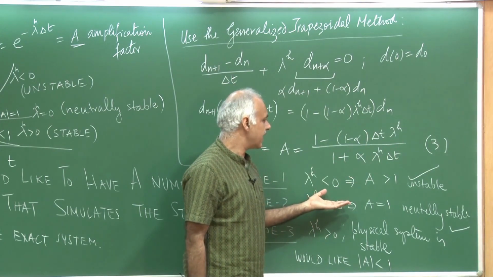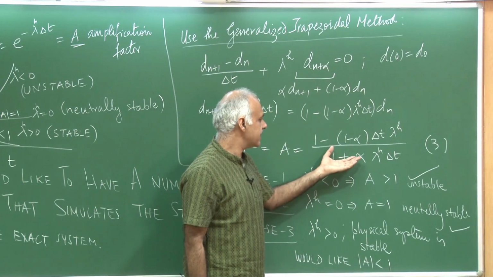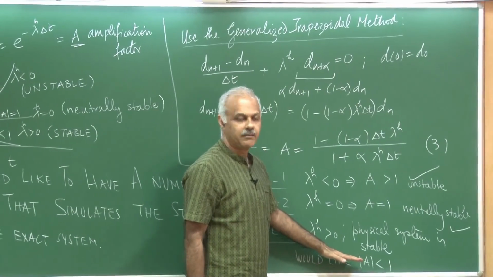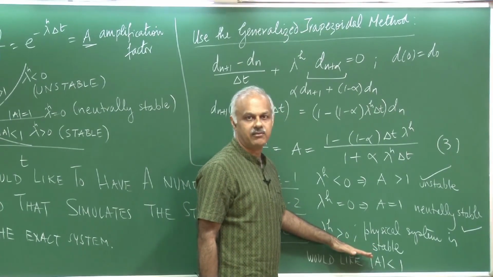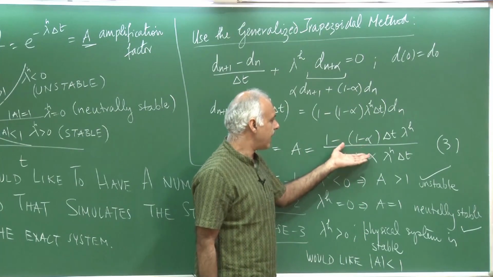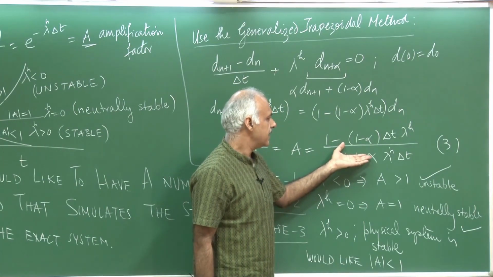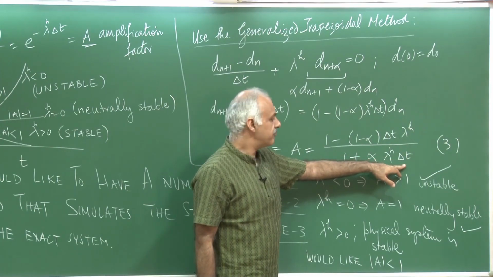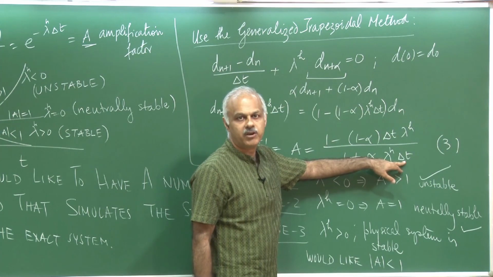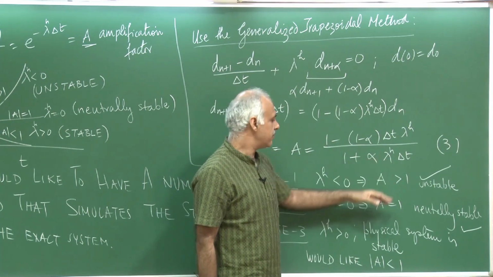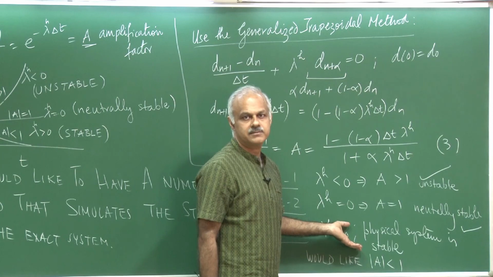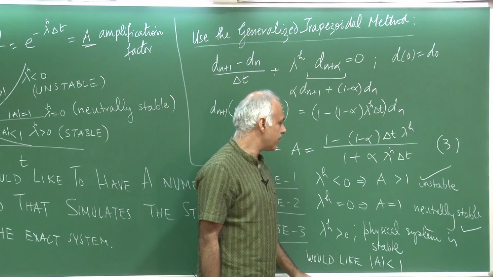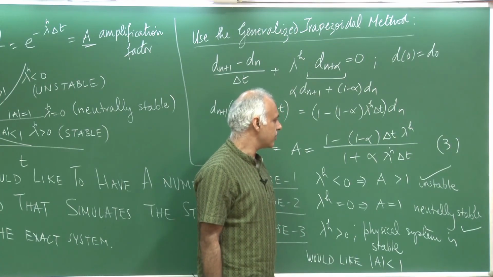I can give you the answer right away. What we are going to find out is that for some values of alpha, this will hold: the amplification factor will always be less than 1. But for certain values of alpha, we will find that there will be a restriction on the time step. If we take too large a time step, beyond a certain critical value, we would get an unstable algorithm. We are going to look at the detailed analysis just in a moment, but I thought I'd give you a preview of the answer.